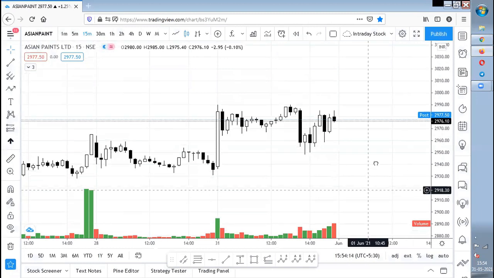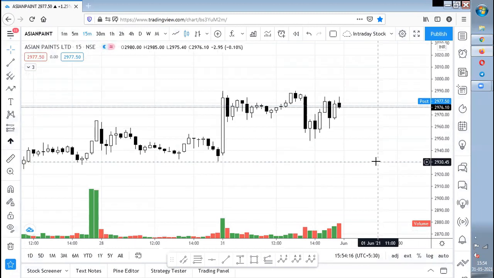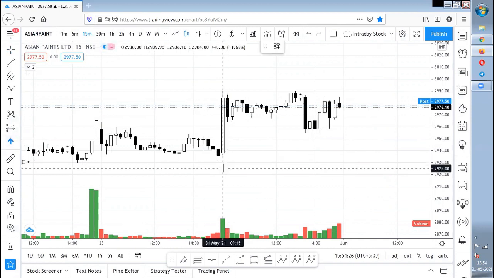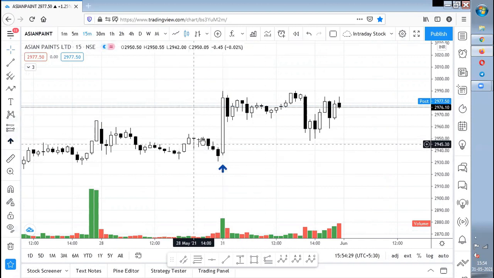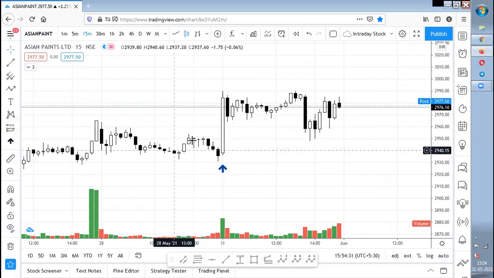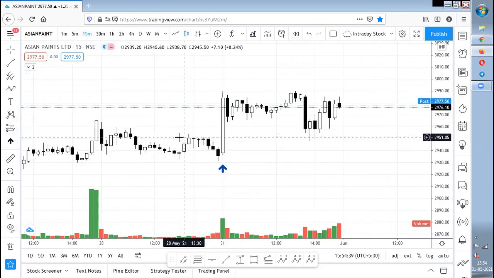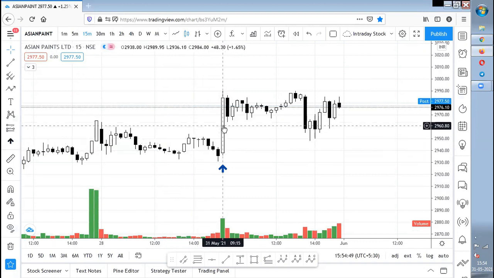Okay, so this is the Asian Paints chart. What are the prerequisites? This is the extreme candle. Before this extreme candle, you take an average of 5, 6 or 10 candles in the particular time frame. I use the 15 minutes time frame, and take the average of all the 15-minute candles over a range of 6 or 7 candles, or 2 hours. If you multiply these candles by 2, it should be lesser than this extreme candle.